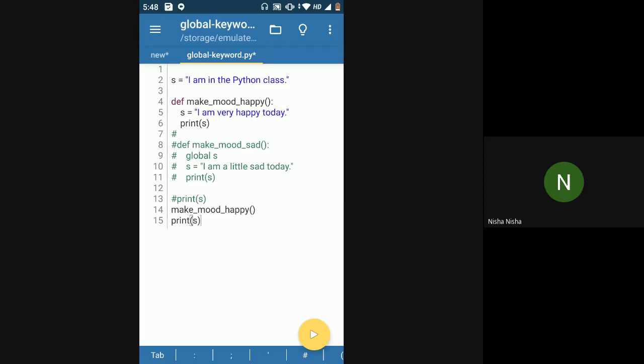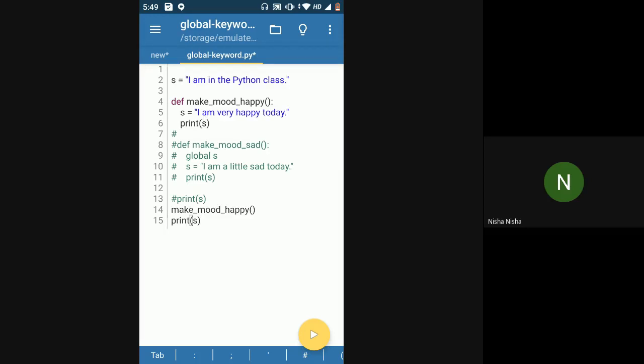So basically, what I want to say is, even if there is a global variable with the same name as your local variable, inside the function only the local variable will be accessed. So in this case there are two variables named s. One is the global variable and one is the local variable. When you call the function and it prints s, this s is the local variable. It is not the global variable. Even though their name is the same, they both are different variables. This is what I'm trying to say.